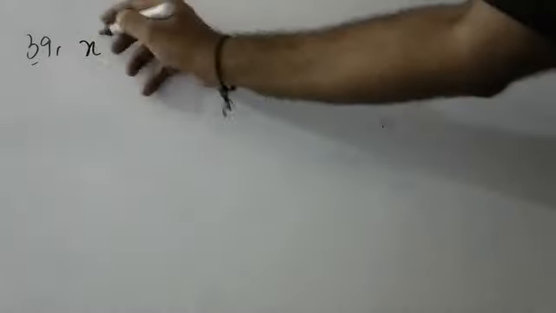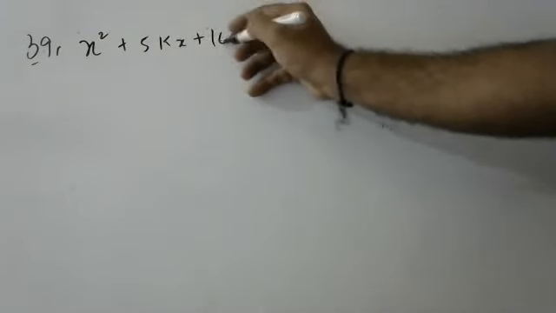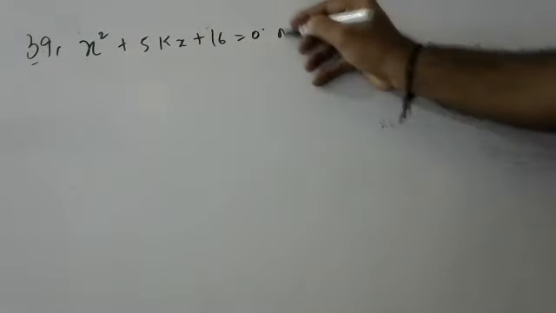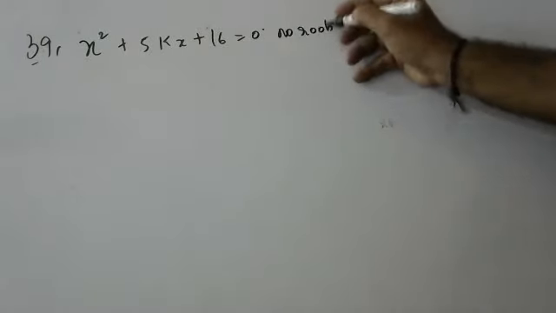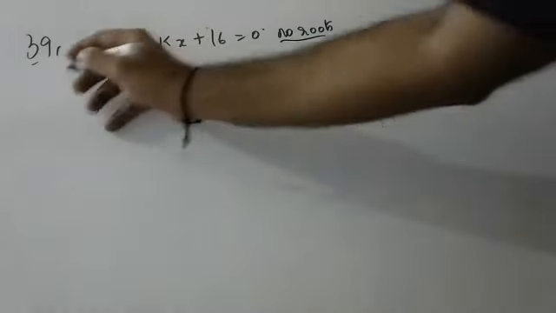Srija, are you there? Srija. Akshaya, are you there? Akshaya. Okay, who will tell this sum? No roots. The condition is no roots. Who will tell? Can I tell, sir? Yes, someone tell.